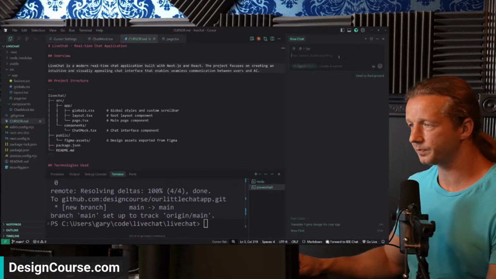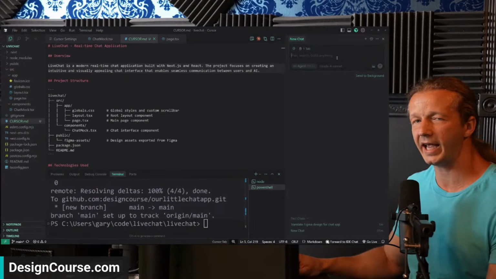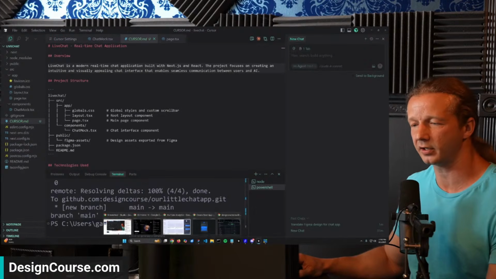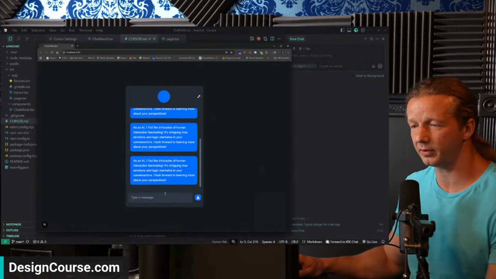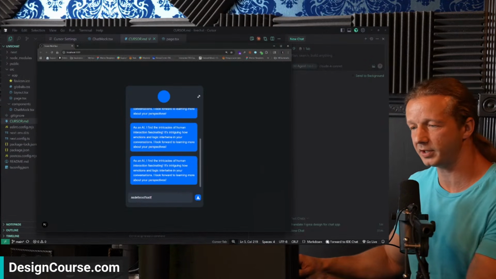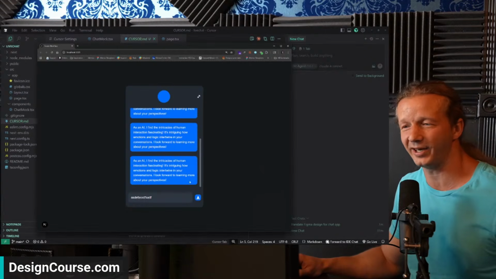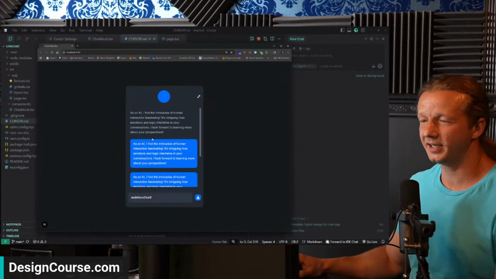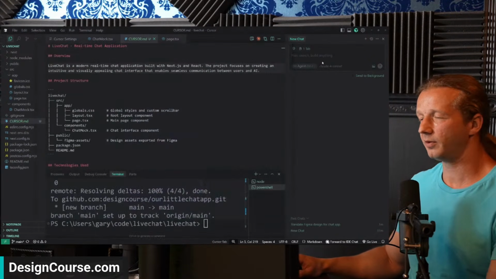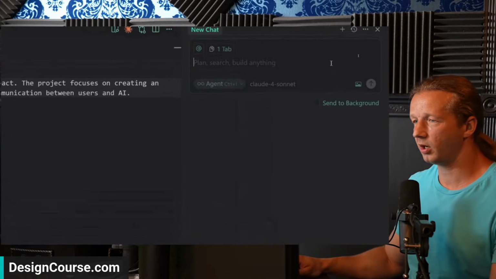Okay, so now what we want to do is we want to get the AI, we want to actually get this thing functioning, right? Because right now it's just a template. If I try to type and send, nothing's happening, right? So we want this thing to function. So what we're going to say is we're going to come up here. I'm going to say,